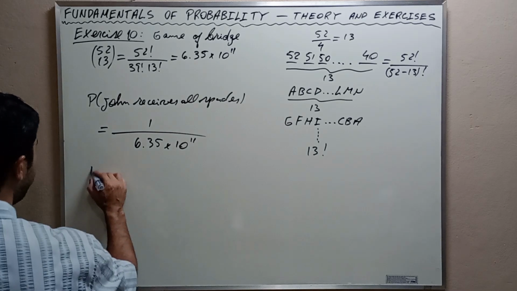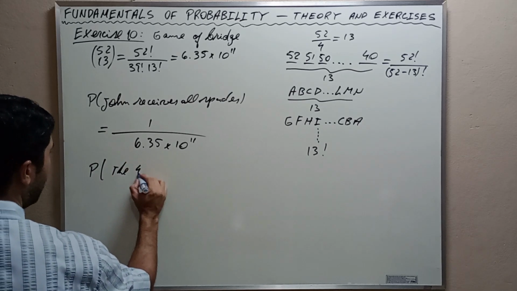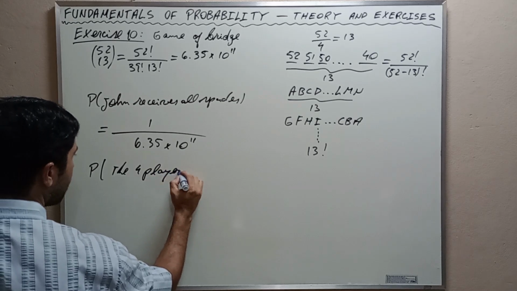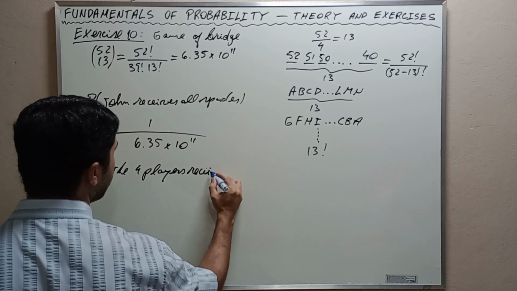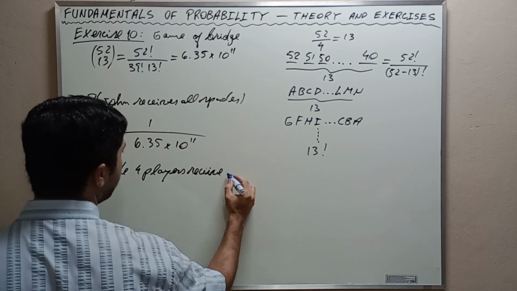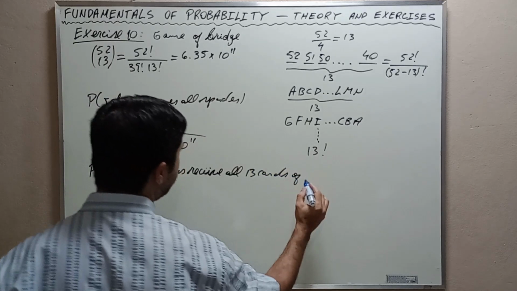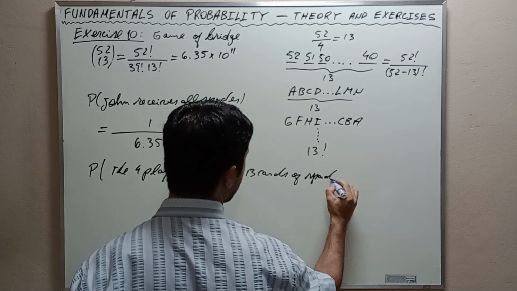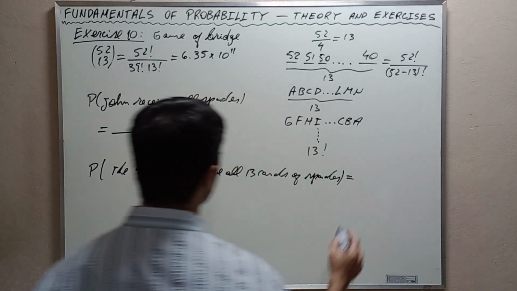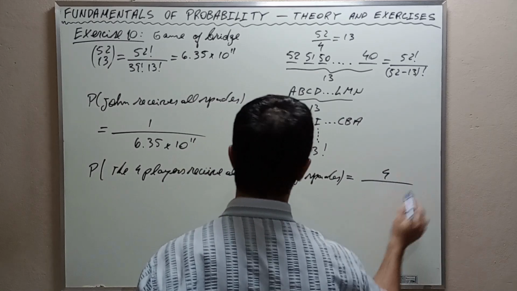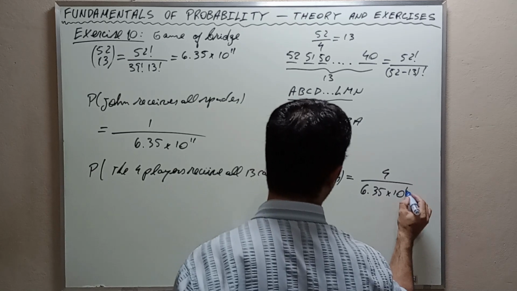Okay, so the probability that one of the 4 players receives all 13 cards of spades is equal to 4 divided by 6.35 times 10 to the 11,